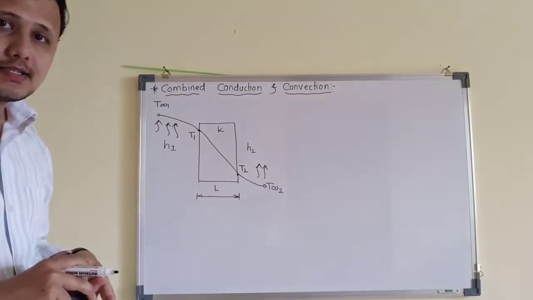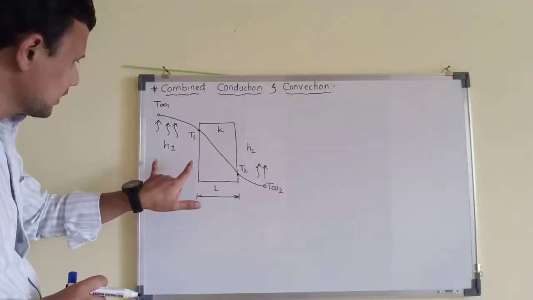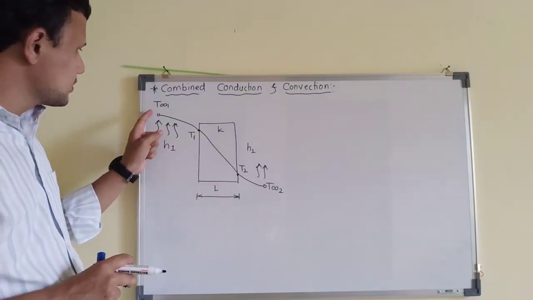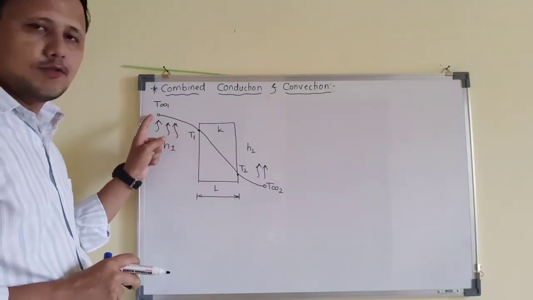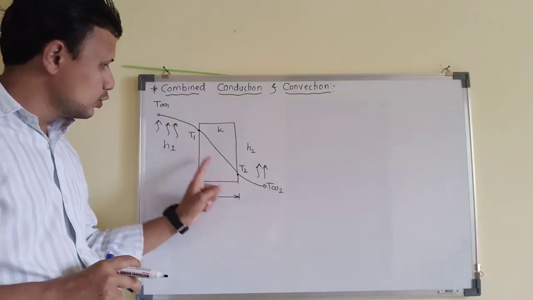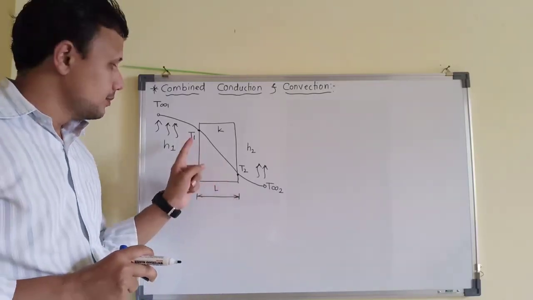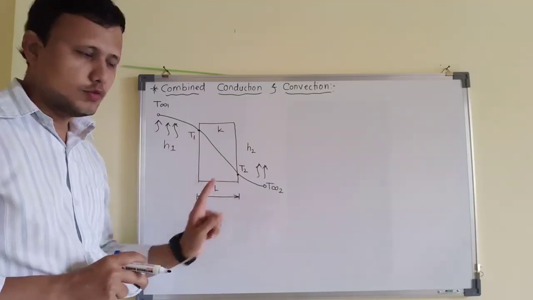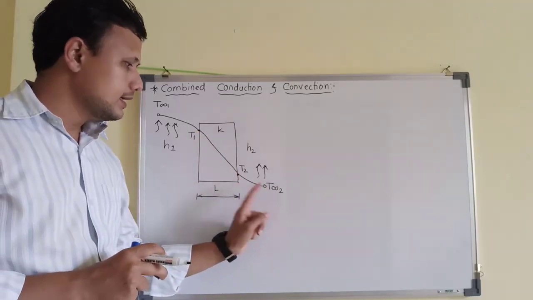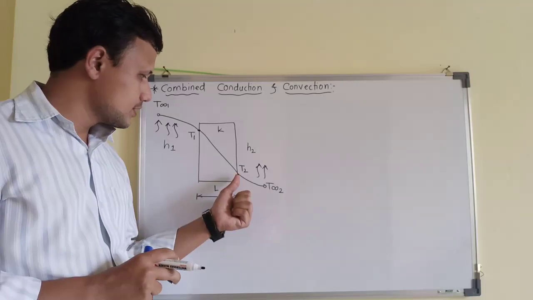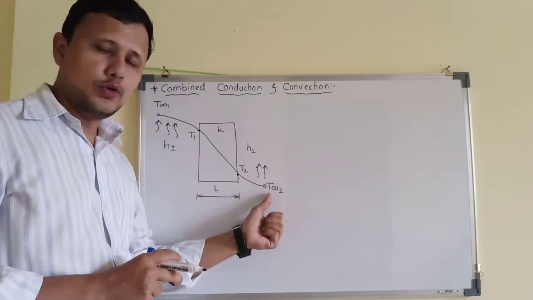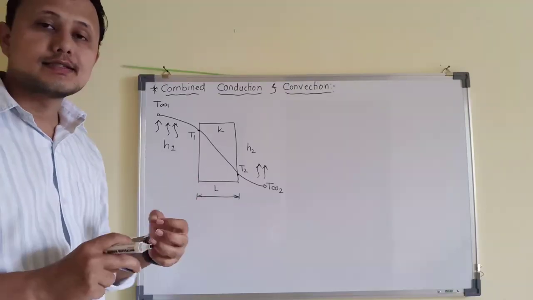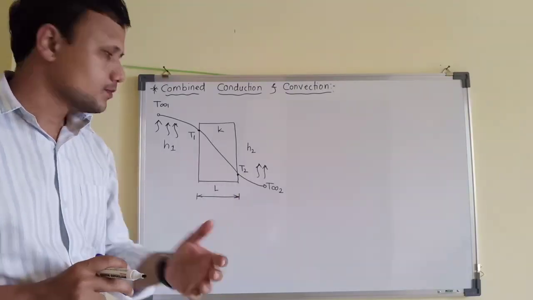So let us first understand this physically. Remember, in this zone, the heat transfer is taking place because of the temperature difference between the surface and the fluid temperature. In this zone, conduction is taking place because of the temperature difference between one surface of the wall and the second surface of the wall. In the third zone, heat transfer is taking place because of the temperature difference between the surface and the fluid temperature on the inside. This is a very common scenario, let us say, in the case of refrigerators.